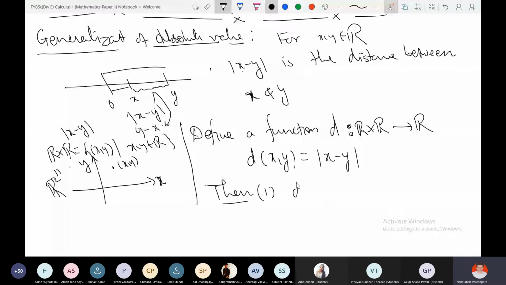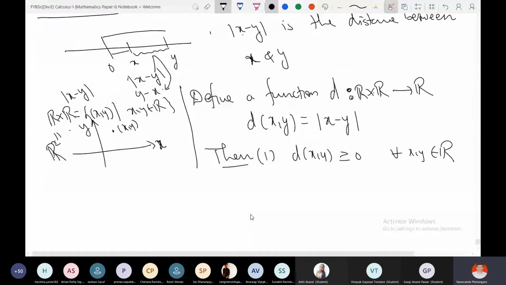what are the properties? d(x, y) is greater than or equal to 0 for all x, y belonging to R. Is it true? Yes, sir. So this is true because it is simply an absolute value, and absolute value is always greater than or equal to 0 by our previous discussion. Second observation, d(x, y) is 0 if and only if